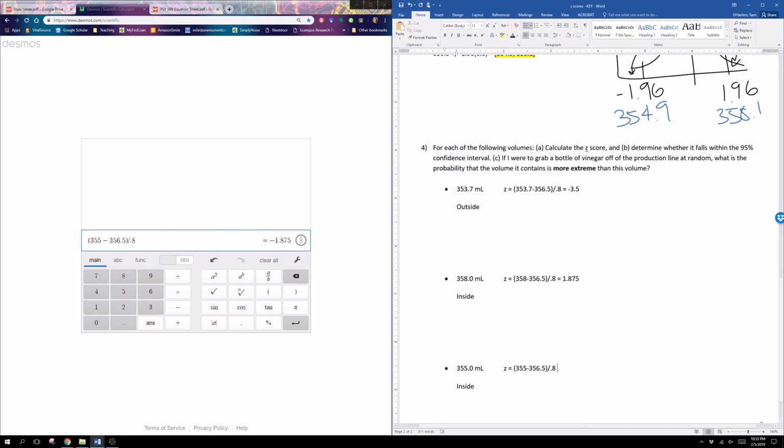Oh, and that gives us minus 1.875. Okay, so these two values are equidistant from the mean. It's just that one is below and one is above. Okay, so this is part A, this is part B,